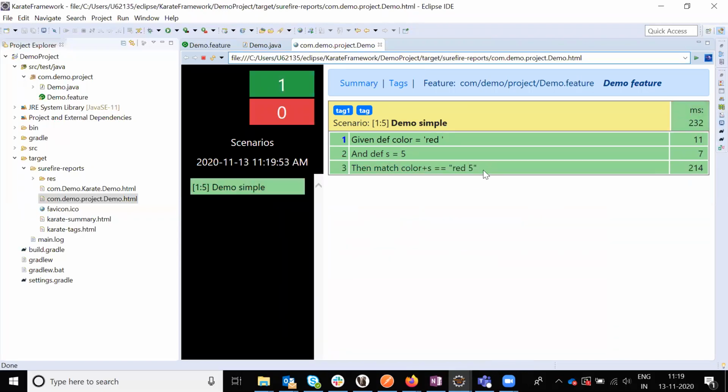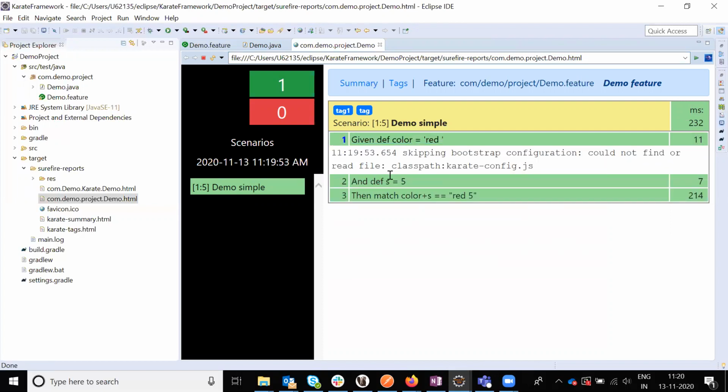See, now the entire outputs are given step by step with the values, what all the steps are and everything. A report is also there like this. You can find the report in the target folder, and you can extract the Surefire reports, then you are able to see that report in this browser.